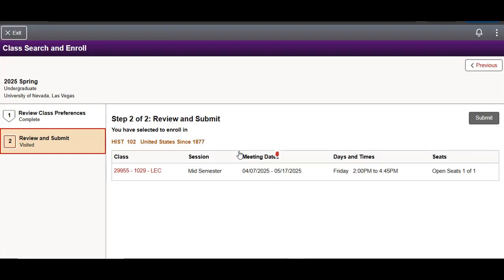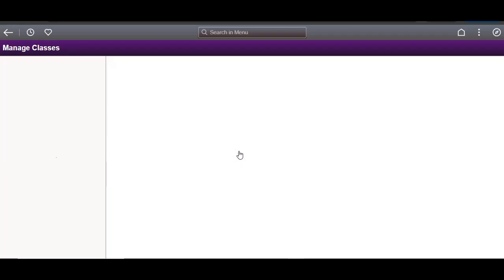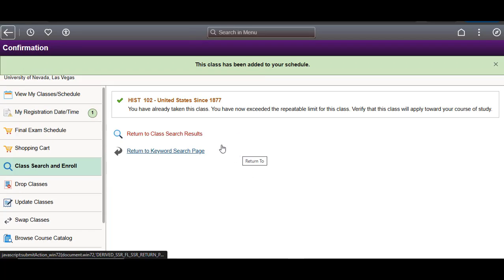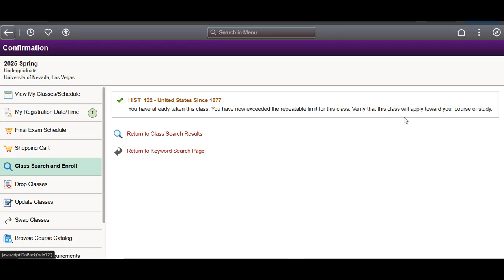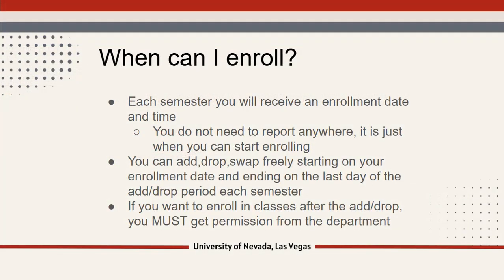Pay close attention to the status because sometimes there will be very important information in the message. If you receive an error message, you can take note of it and contact the Office of the Registrar by submitting a case to the Rebel Success Hub if you're unsure of how to resolve the error.